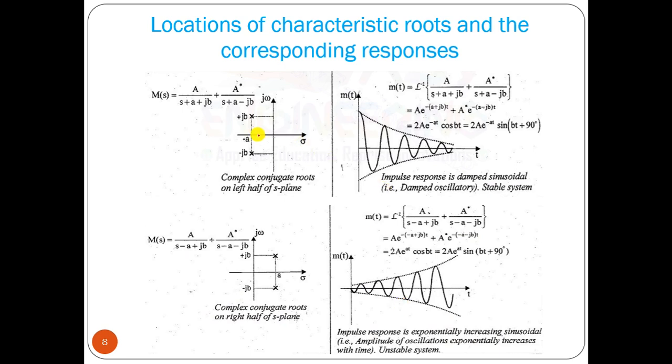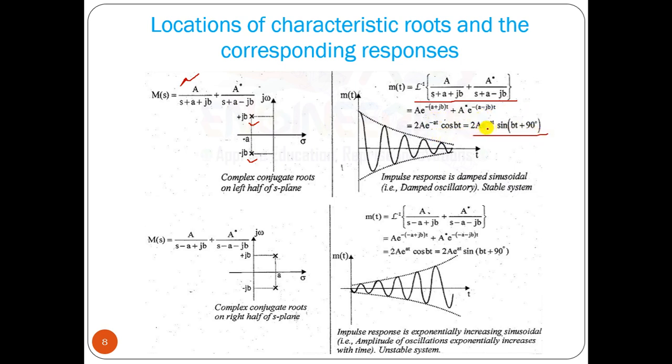Now let us take the example of a complex pole. So we have complex conjugate roots. The transfer function is A divided by (s plus a plus jb) plus A star divided by (s plus a minus jb). So we have poles at minus a plus or minus jb. Now if you take the Laplace inverse of that particular transfer function, what you will get is